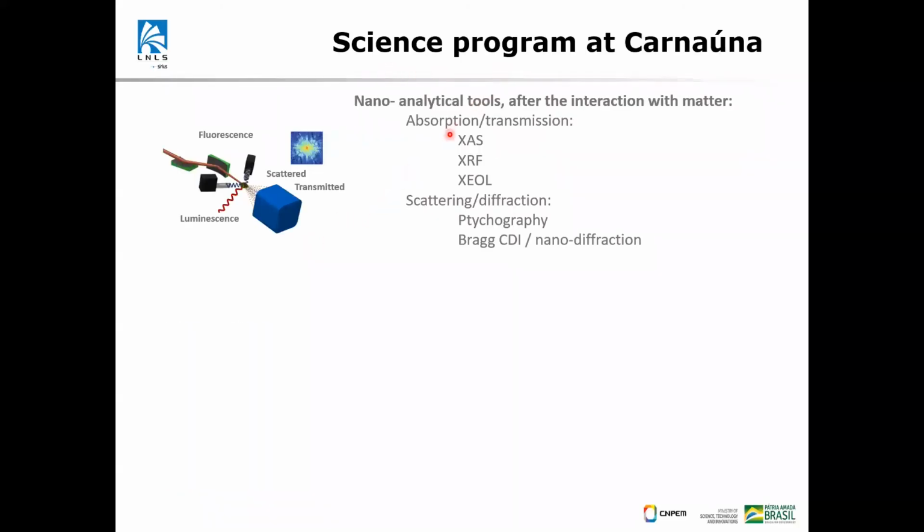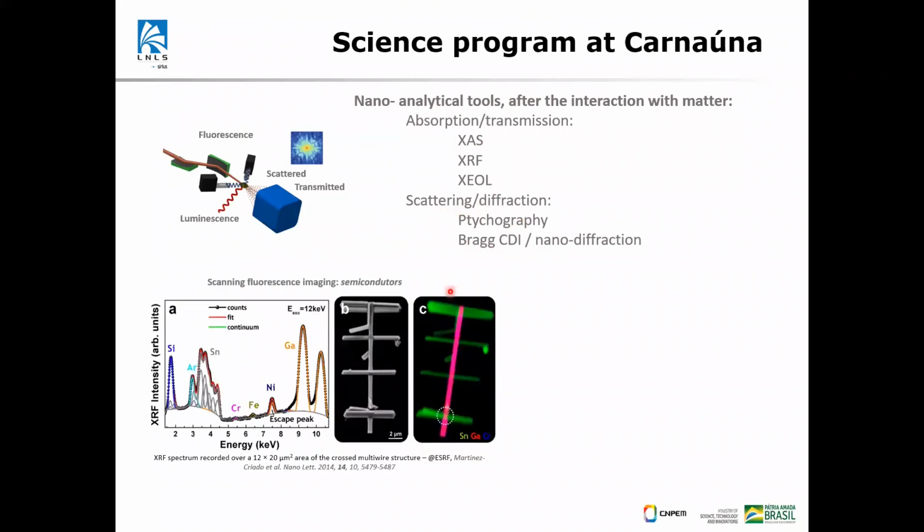In terms of the science program, we essentially use this nanoprobe to do absorption and transmission measurements, which are X-ray absorption spectroscopy, X-ray fluorescence, and X-ray excited optical luminescence. We do scattering and diffraction, essentially ptychography, Bragg CDI, and nanodiffraction. And these are some